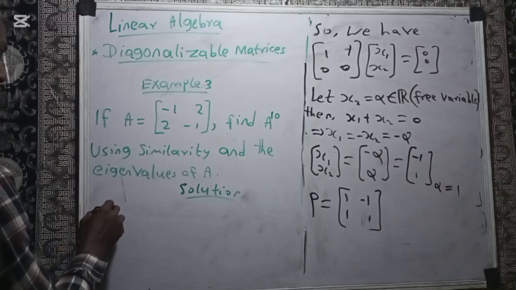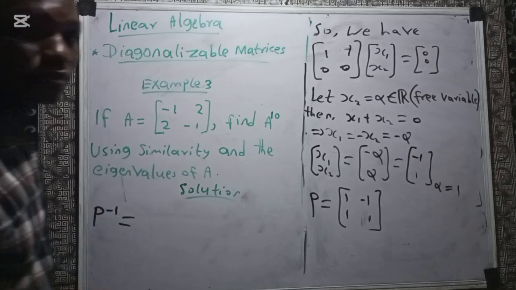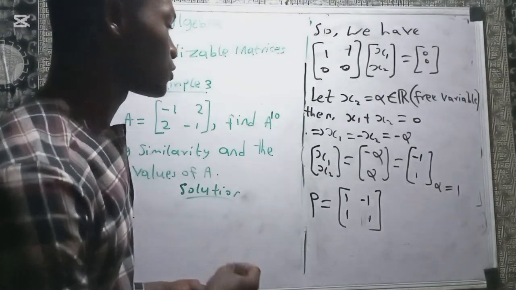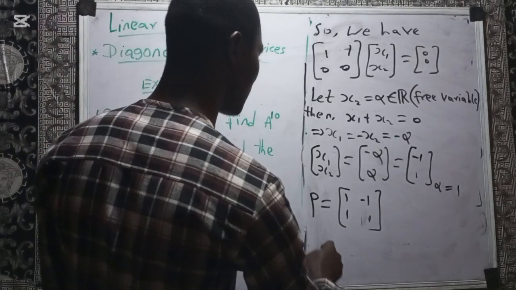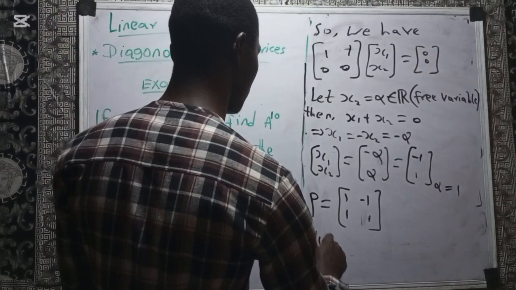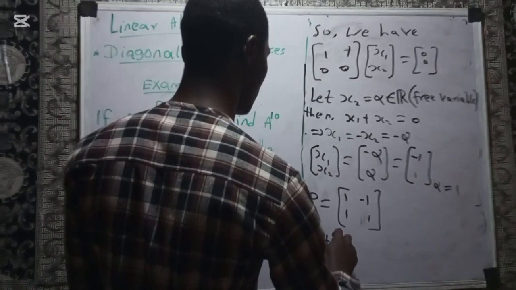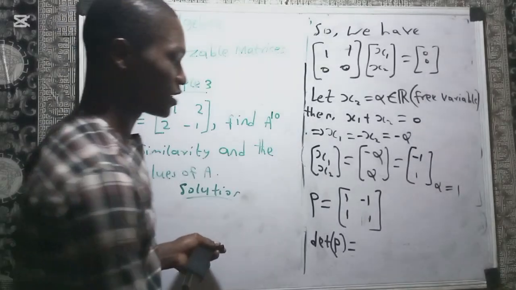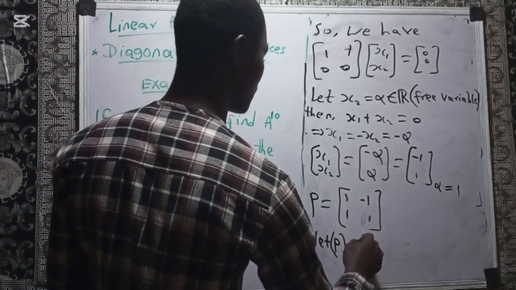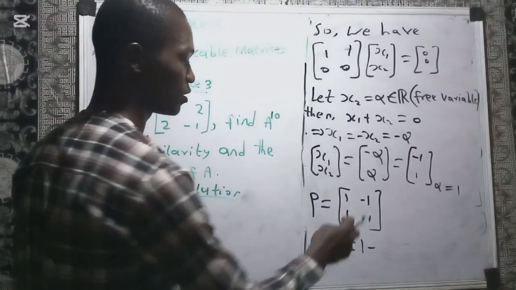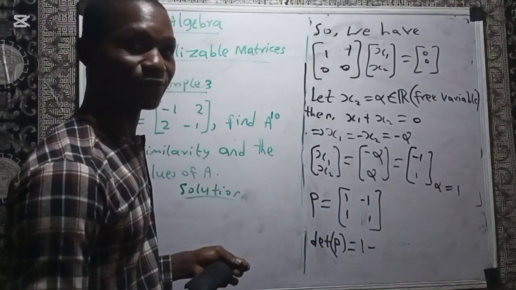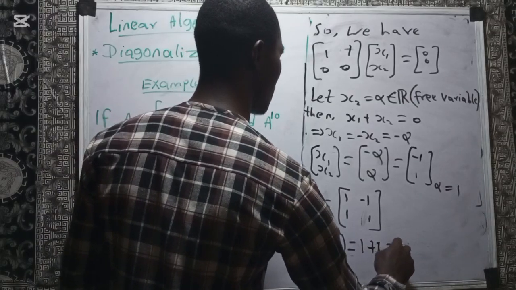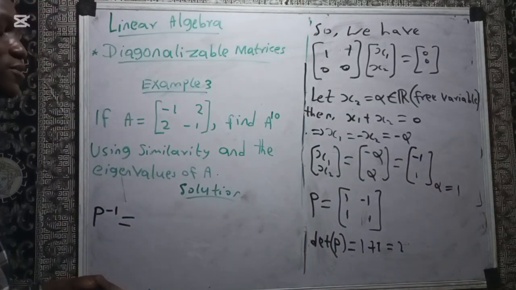P inverse will be equal to, this is a 2 by 2 matrix now, right? So to get the P inverse, let's first of all get the determinant of P here. Determinant of P will be equal to, so let's evaluate the determinant. You multiply the principal diagonal. 1 multiplied by 1 is 1. You subtract the product of the other diagonal. 1 multiplied by negative 1 is negative 1. So you have negative, negative, that's positive. So you have what? 2. Right? We got 2 as the